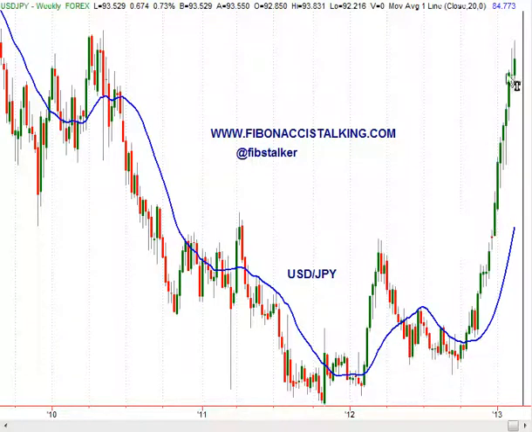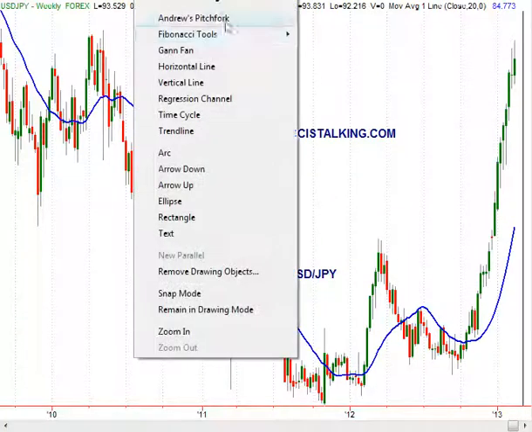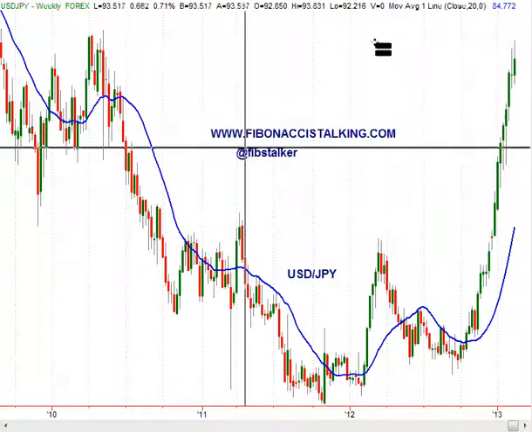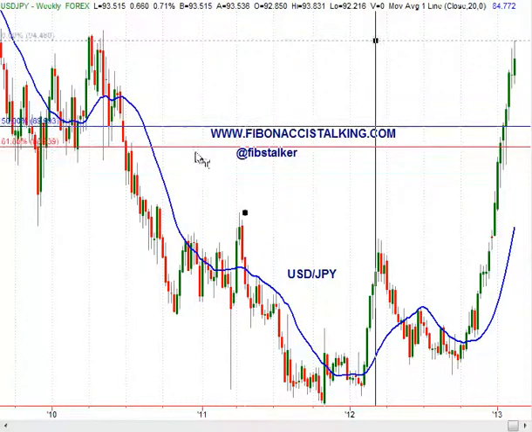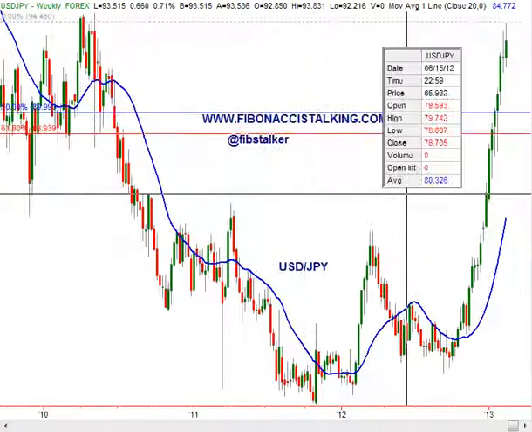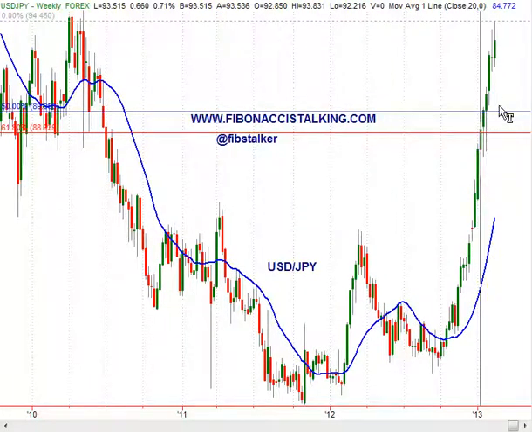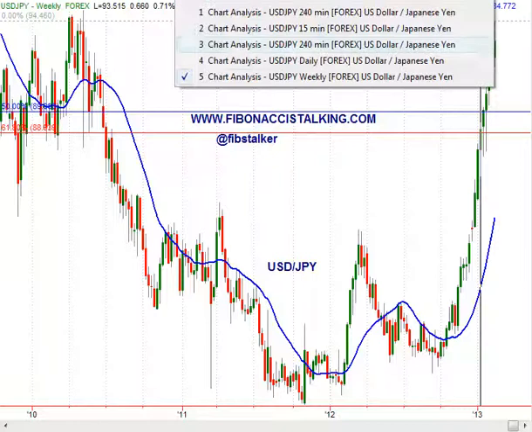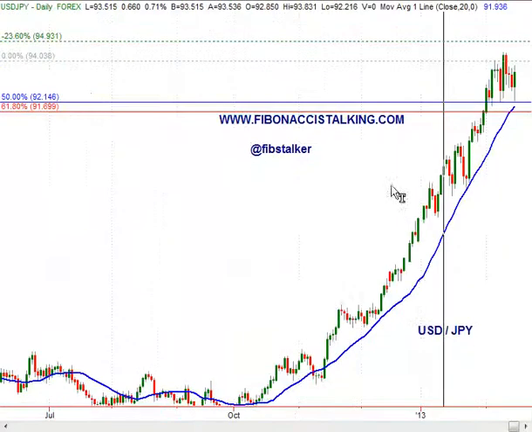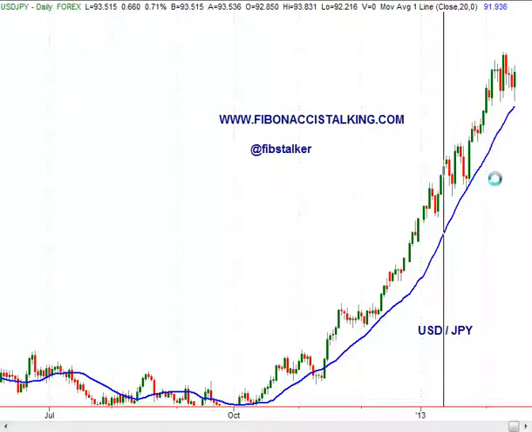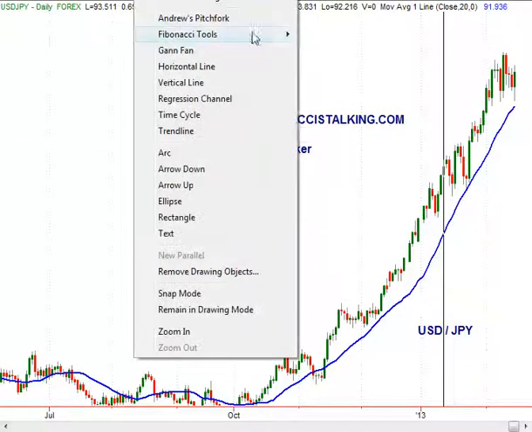So we had this move higher, and that's what we can see on the weekly chart. If and when eventually this will happen, price will come back, we will the first level of support on the weekly will be the 89, actually the 90 level here, or slightly lower this, but that's where I see it correcting. Moving to the daily chart, let's see what we have here, and we have been looking at